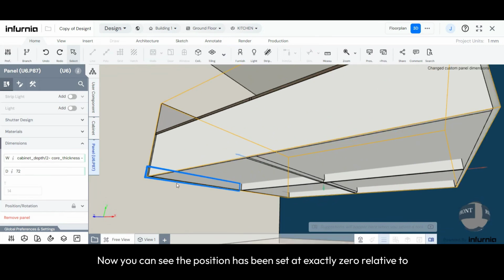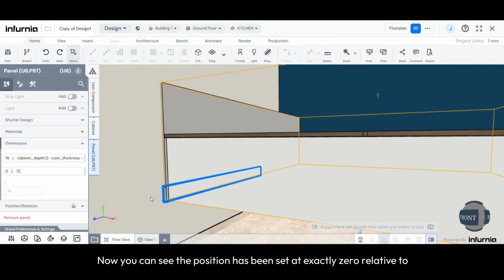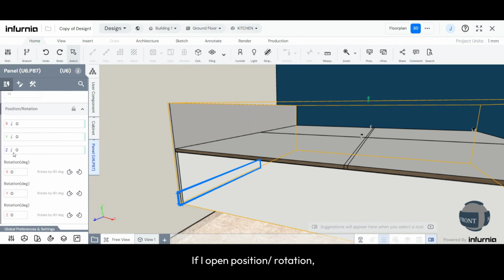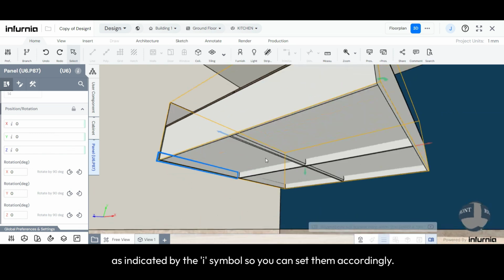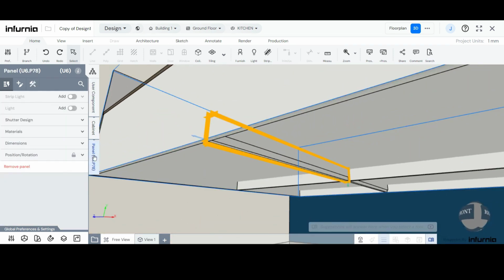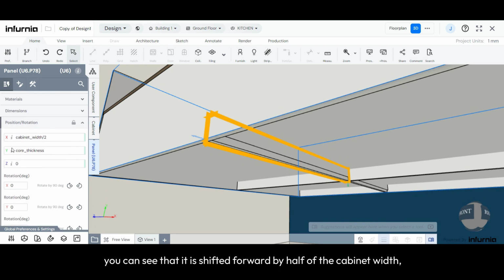Now you can see the position has been set at exactly 0 relative to the bed's origin. If I open position slash rotation, you can see that all the values here are 0. But these are also values that depend on parameters as indicated by the I symbol. So you can set them accordingly. In the case of this particular panel, you can see that it is shifted forward by half of the cabinet width, and its height is the value